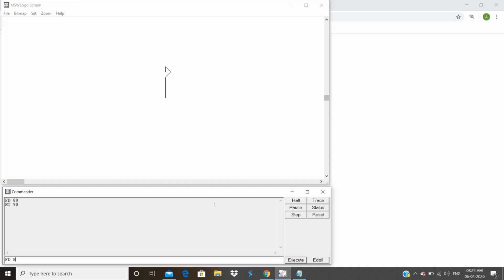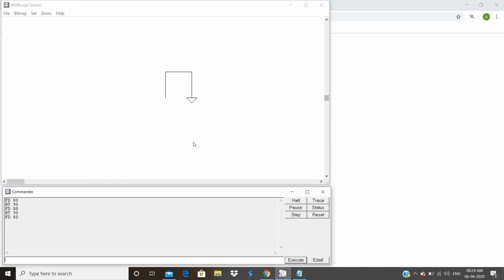So I can put 80 again, and then I want to move this pointer again 90 degrees right. So it will be RT 90, and again FD 80,